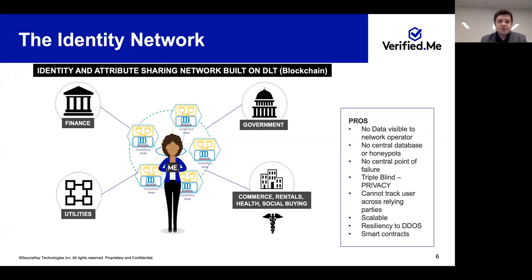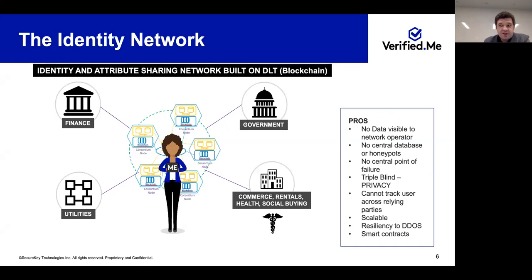And so just to give you a brief overview of what the network looks like. You would have essentially a consortium, and in this case, these are just banks, at least in our case in Canada. And you would have different parties, right? It could be the finance sector, again, either banks or insurance companies, third-party lenders. It could be government, federal or provincial governments, could be a municipal government as well.